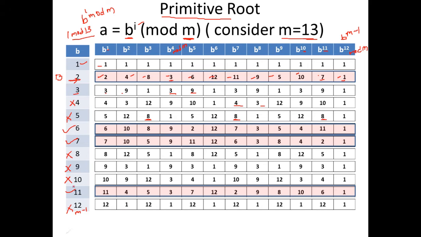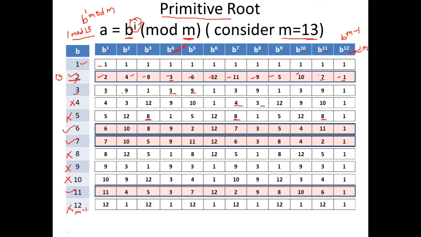So finally what we conclude here is the primitive roots of 13 are 2, 6, 7 and 11. So when you are going to use m to be 13, when we select b to be either 2, 6, 7 or 11, only then will I have a distinct value. You understood? Only then we can use that in our algorithms. So when you're selecting m, you have to see to it that b is a primitive root of m so that we get a distinct value of I.